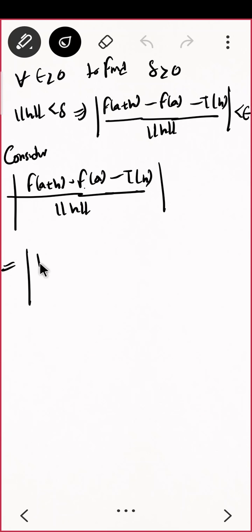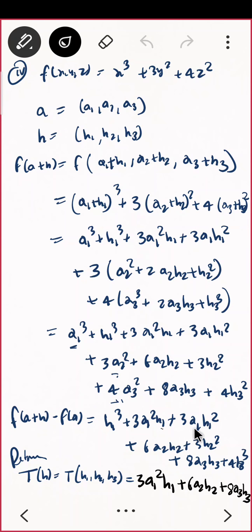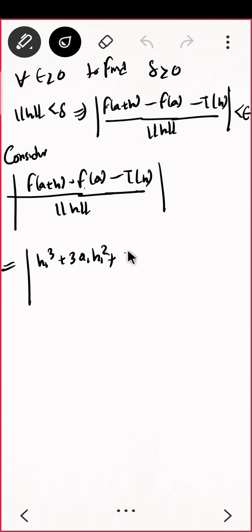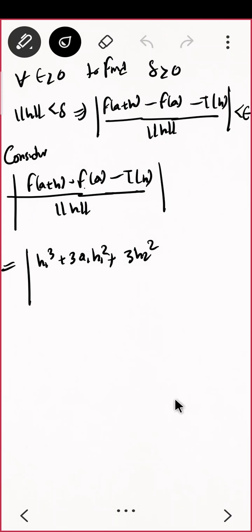That is h1 cube plus 3 e1 h1 square plus what next? 3 e1 h1 square, what next? Then 3 h2 square, 3 h2 square, what next? Then this is 4 h3 square, 4 h3 square divided by